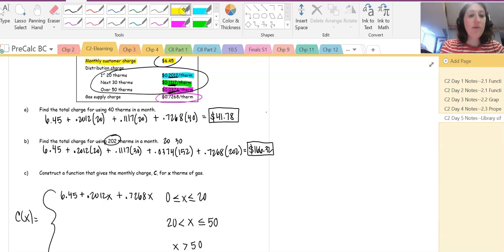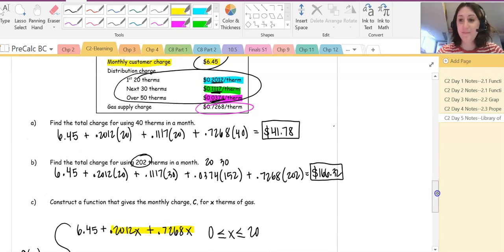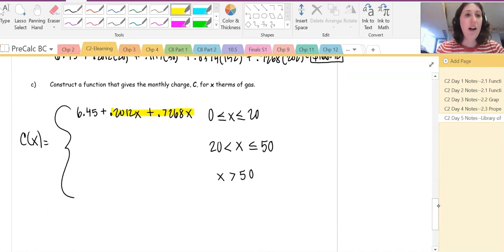Now, I know that these are like terms and you can combine them. I get that, but it's going to get a lot more complicated in a minute. So just leave it, okay? You're going to learn something pre-calc. We usually don't simplify very much. All right, so next one. Now we're paying between 20 and 50 therms. Well, you still have that service charge,